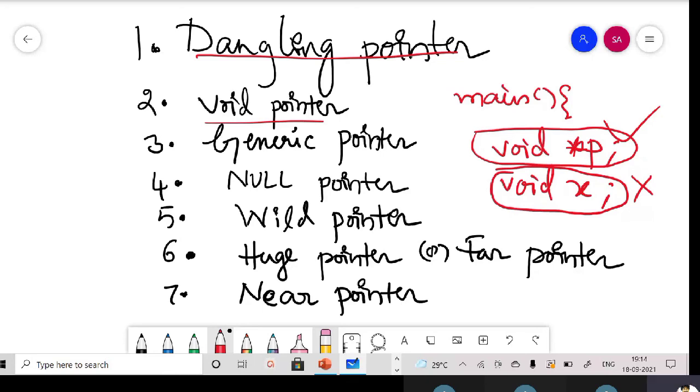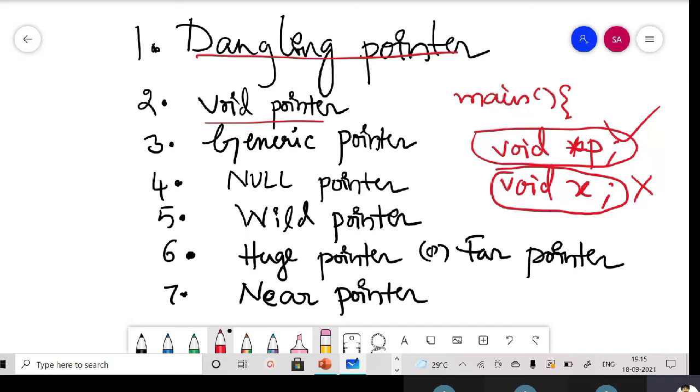If I am storing a character value, then I will typecast my pointer to a character type. So I apply typecasting to this void pointer so that it can point to a specified kind of data type, right, ma?